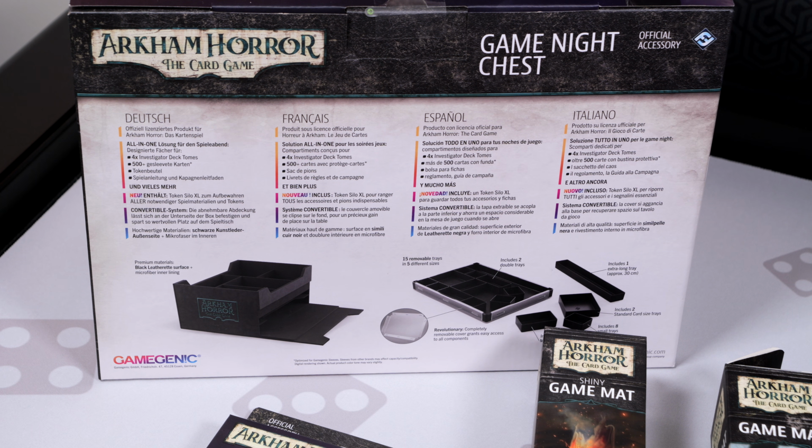The first one has to do with the fact that my existing storage solutions, I want to keep on the shelf. I literally just pull them off in order to pull out a cycle or expansion that I'm currently playing, and that's it. There's nothing inside the solutions that I have right now that are going to get the game to the table any faster. They're essentially just storage for everything in an organized fashion, but not storage in a way that gets the game to the table quicker, and that's what the Game Night Chest really wins at that I